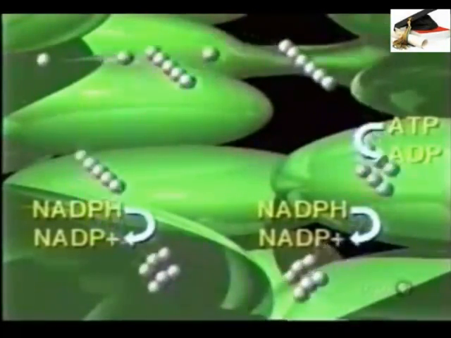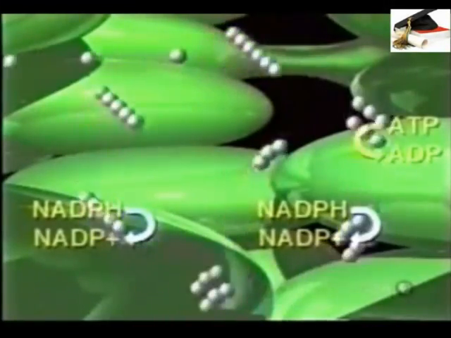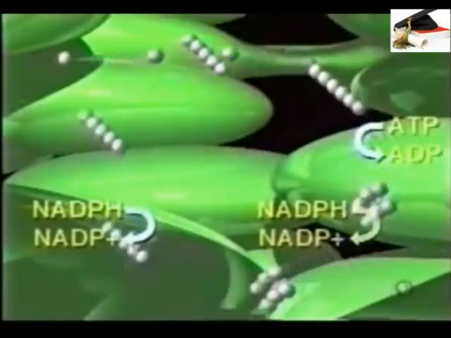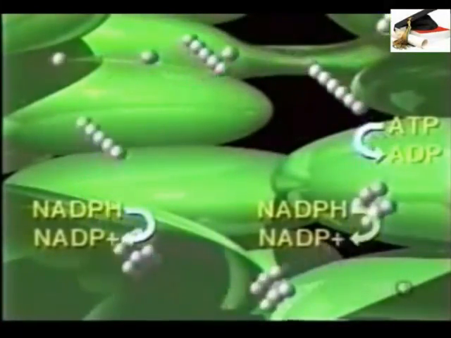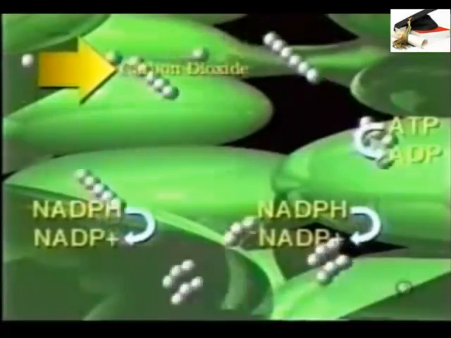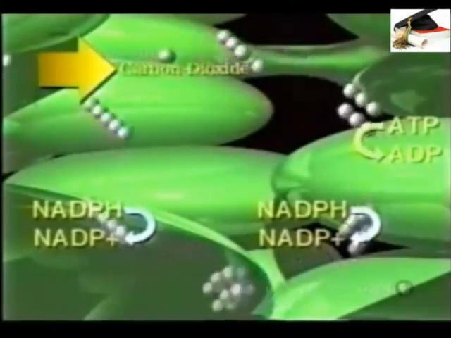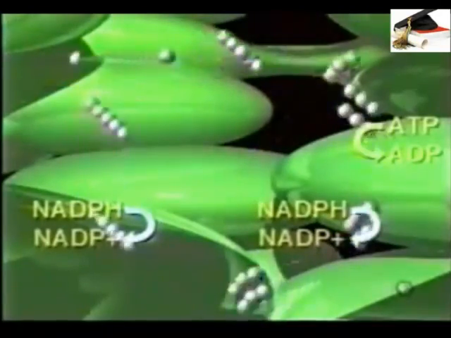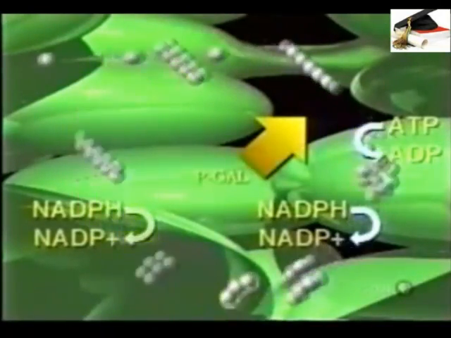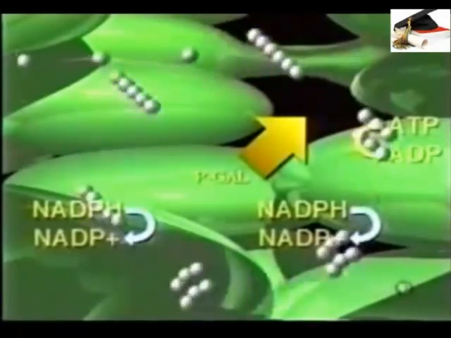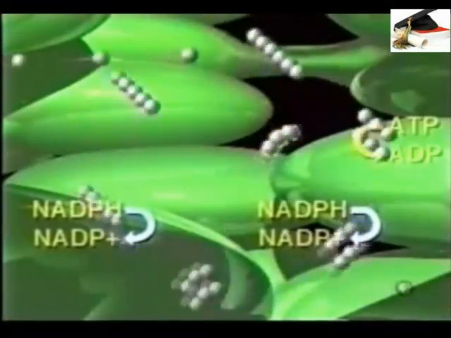The dark stage, also called the light-independent stage. This is the second stage of the process of photosynthesis. It proceeds whether light is present or not. This process involves combination of carbon dioxide with hydrogen atoms to form simple sugar, such as glucose. This process is known as carbon dioxide fixation, which involves a series of enzyme-controlled reactions as shown on your screen. The equation on your screen is a summary of carbon dioxide fixation. The energy required for this reaction is produced by the ATP from the light stage reaction.